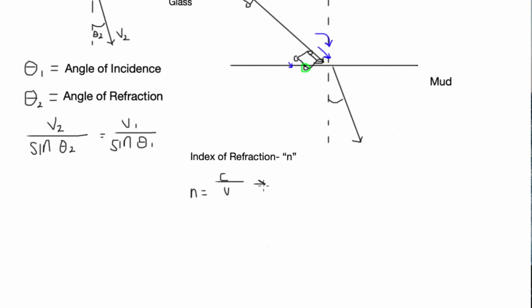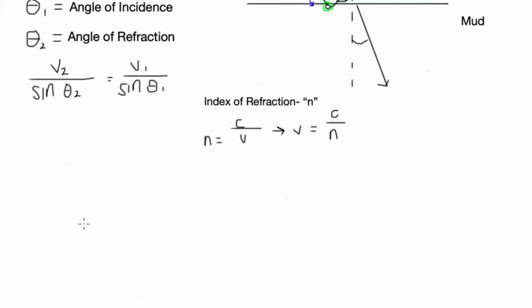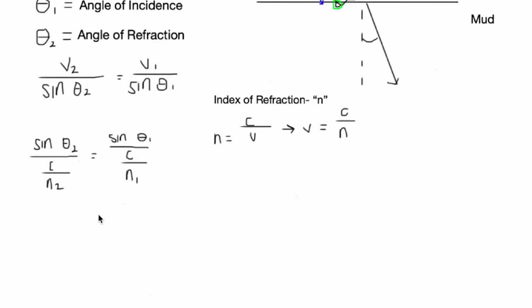So we can rewrite this equation as velocity is equal to the speed of light over index of refraction. We will now take the reciprocal of the ratios, so it will look like this. So here we are just going to substitute c over n for v, and we're going to do that to both sides. And then we will multiply each side by n over n, and then those two will cancel out,